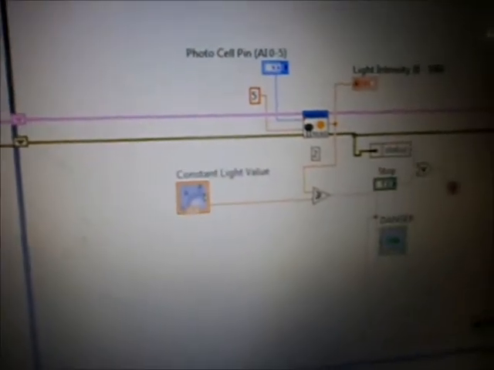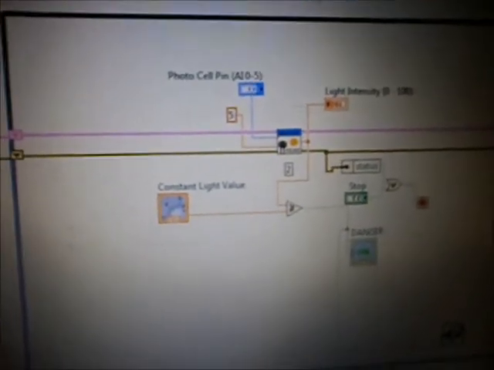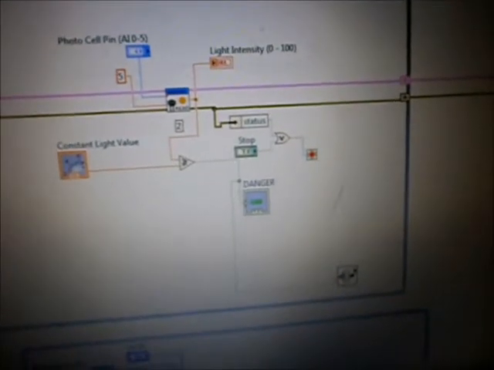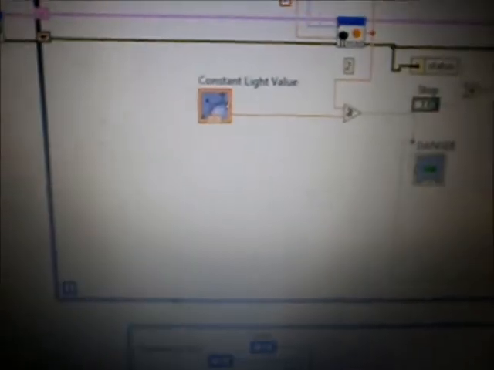If I browse through this block diagram, I powered my module using a 5 volt VCC. I've mentioned the pin number through which my transistor is connected. This is my scale, that is the dial we have just seen. This is the part I am going to focus on right now.